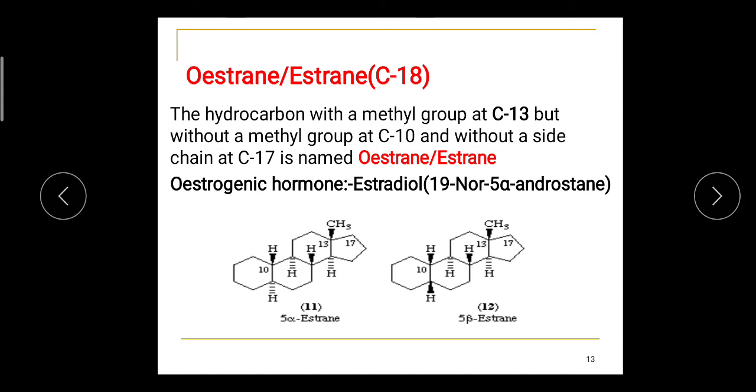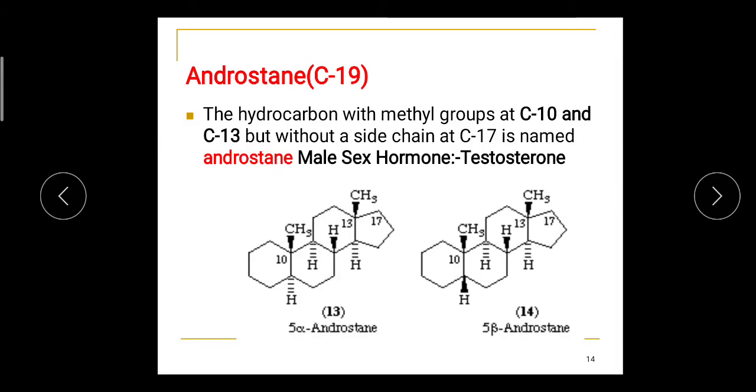Now in this nucleus, again the same: this nucleus is 5-alpha-estrane. Why 5-alpha-estrane? Because the configuration of the hydrogen at the fifth position is alpha, denoted by the dotted lines. Here this nucleus is 5-beta-estrane, because the hydrogen at the fifth position has a beta configuration, denoted by the solid lines.